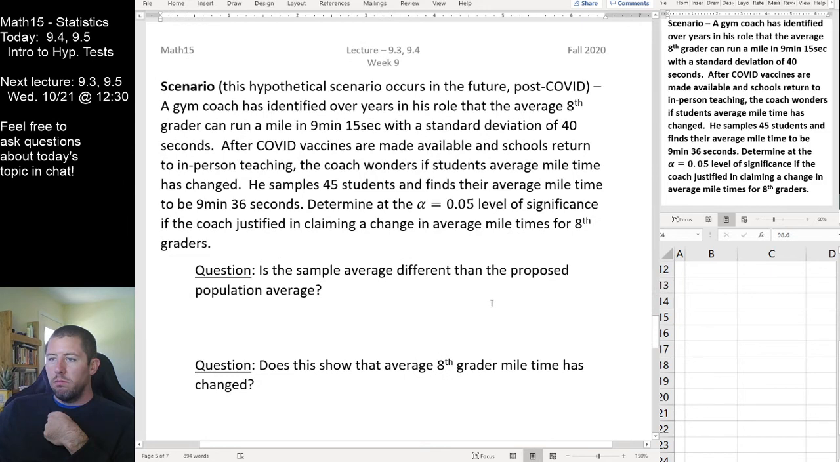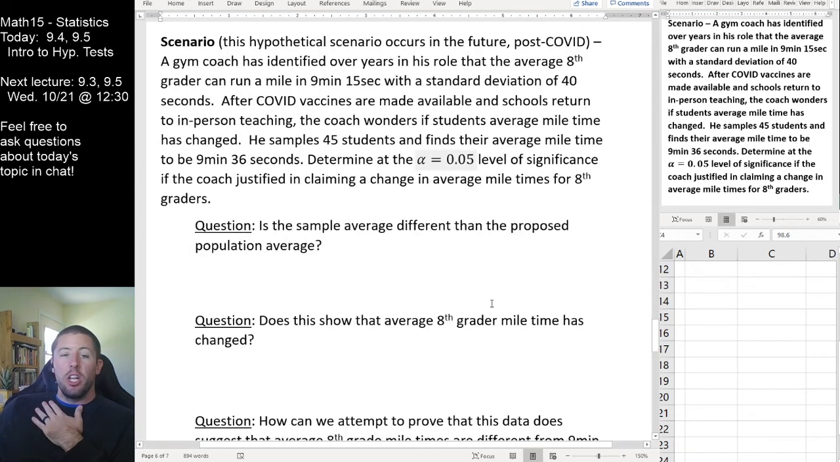So, scenario 2 for the day. We're going to look at a hypothetical future scenario. I'm envisioning next fall semester, when hopefully everything is back in place and in person. So let's suppose that a gym coach has identified